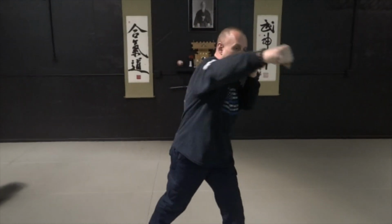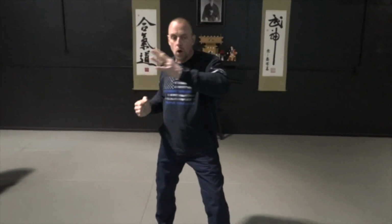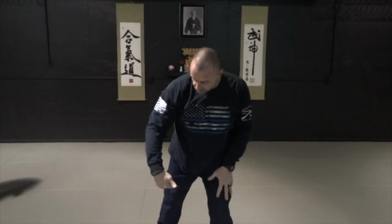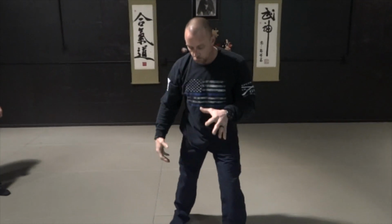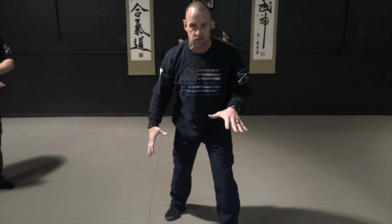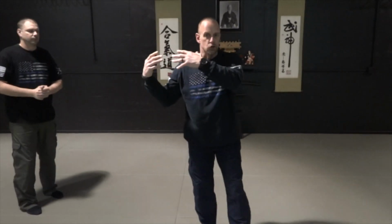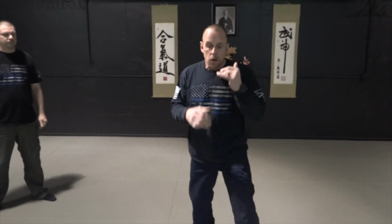A lot of people like to throw this punch, whether it's a jab and then a right cross, or an uppercut, or a hook punch, or even the haymaker. They do it from this particular stance, what we call a reverse stance. Okay? Now, if your right hand is your primary hand, that you're right-handed versus left-handed, you're always going to be